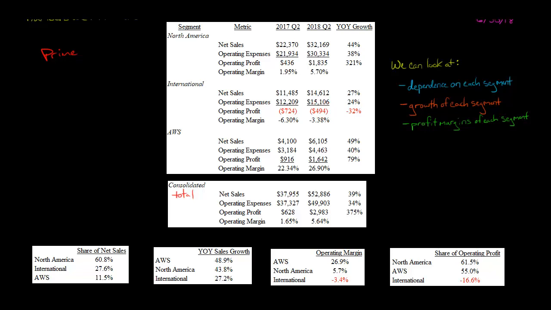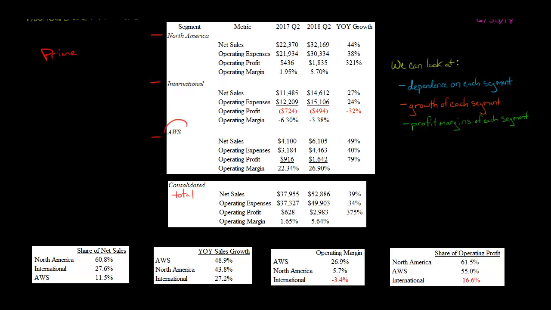So what are the takeaways from this? When we look at Amazon's 3 segments, we see that, okay, Amazon North America is responsible for most of Amazon's sales. And Amazon North America is growing. However, some of that is not organic growth. It's because of the acquisition of Whole Foods. But even if you leave out Whole Foods, Amazon North America is still growing. Amazon International is growing as well in terms of its sales growth, and its loss got smaller from what it was the same quarter last year, but it's still losing money. This is the biggest liability that Amazon has right now, Amazon International, how to get it where it's profitable.